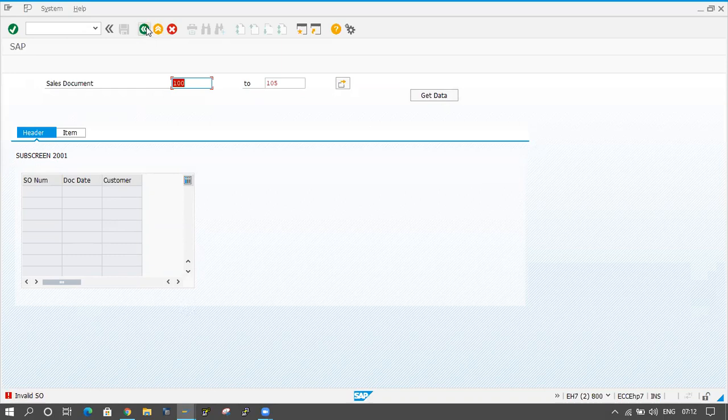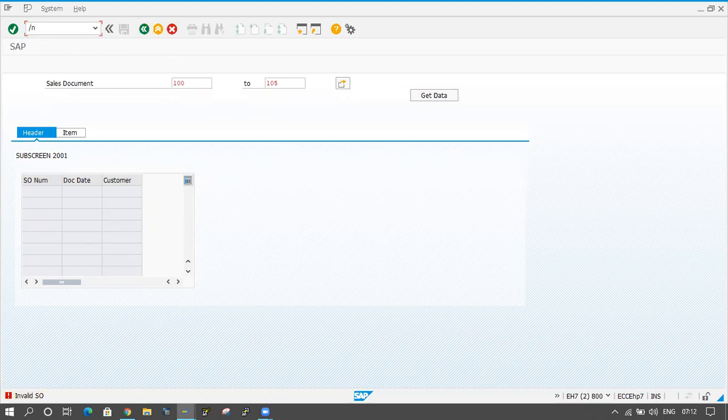And now I am clicking on the back button. See, back button functionality is not working here because I am applying some validation. If you apply validation, then back button functionality will not work. So this one also won't work. Back, cancel, exit, all these things won't work because the validation is working here.